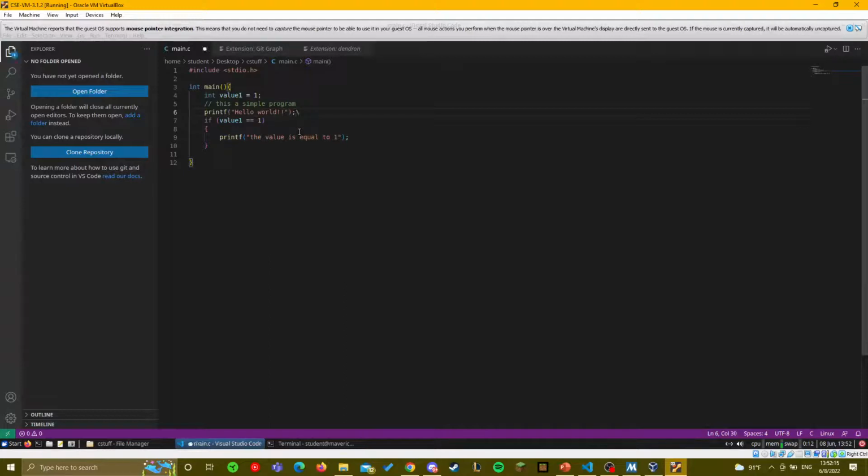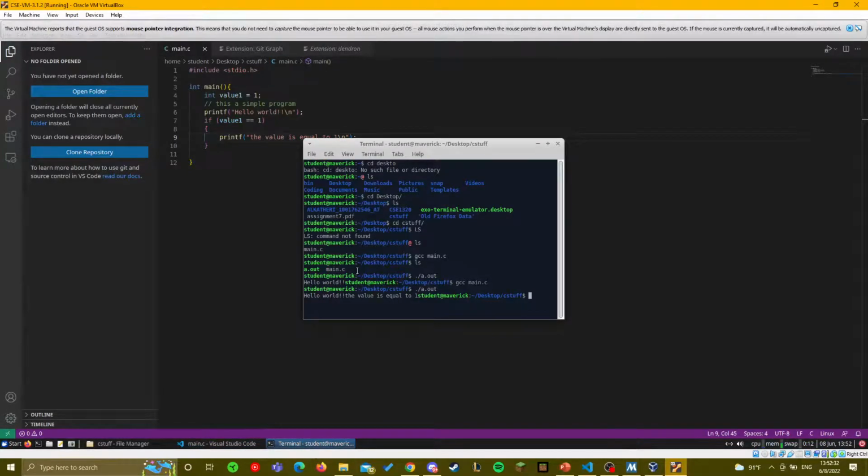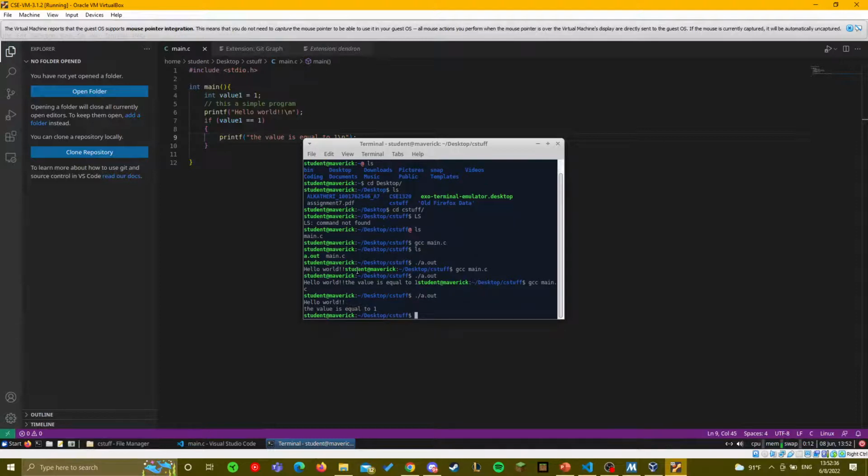For Linux, that'd be \n, and I can't remember offhand what it would be for Windows, but they're not interchangeable in the same way. So adding \n should add a new line here. Save this, recompile, and now it's formatted properly, or formatted the way you would expect it to be formatted.